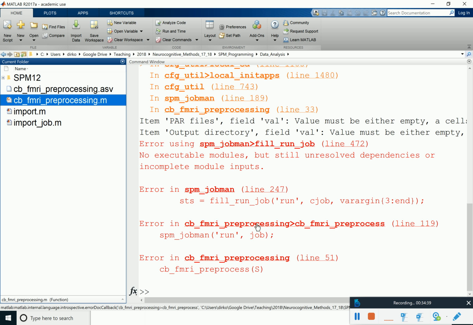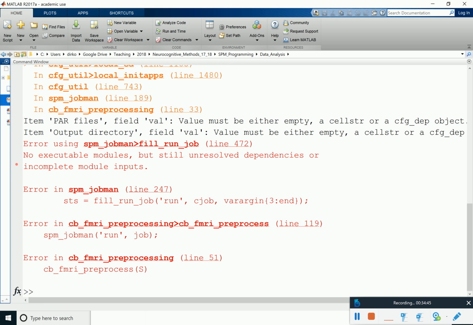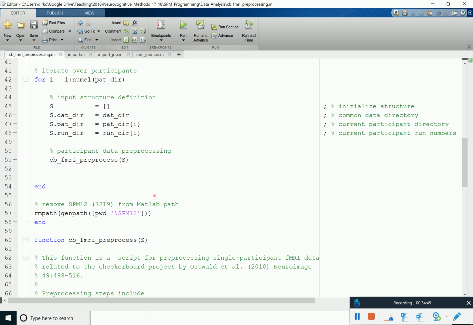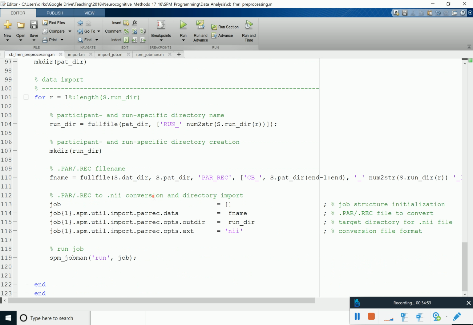No. So something is not working, and then it's also sometimes not easy to see what actually is unspecified. So to check what has gone wrong, unless you see it from this, what you can do is actually,